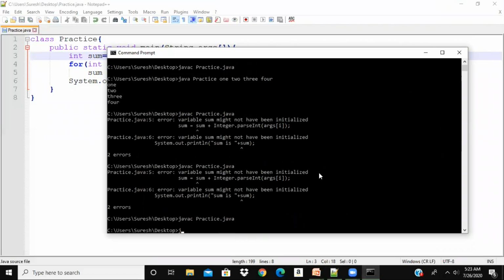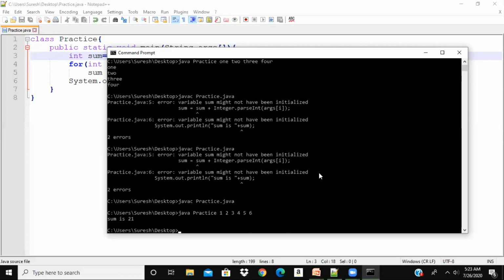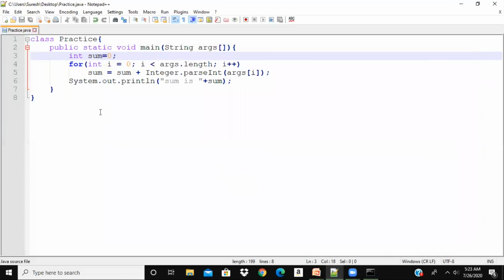Okay, no errors. Then java practice. Here I am passing the arguments 1, 2, 3, 4, 5. It will add all these arguments. Let me run this. Sum is 21: 1 plus 2 plus 3 is 6, plus 4 is 10, 15, 21. So this is how we can use command line arguments.